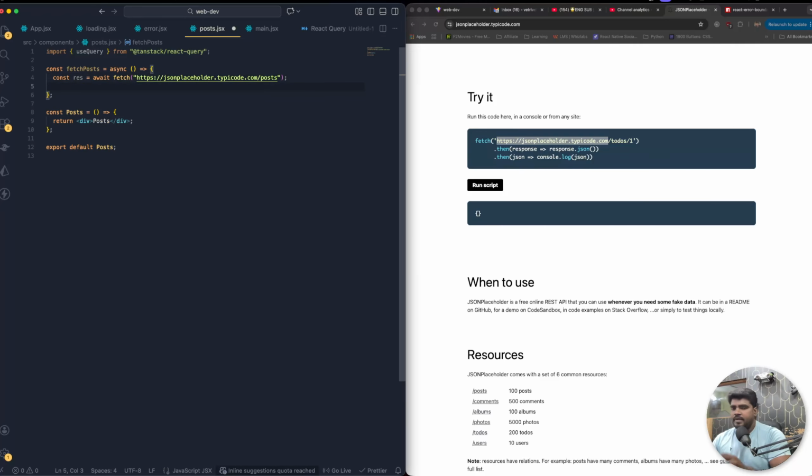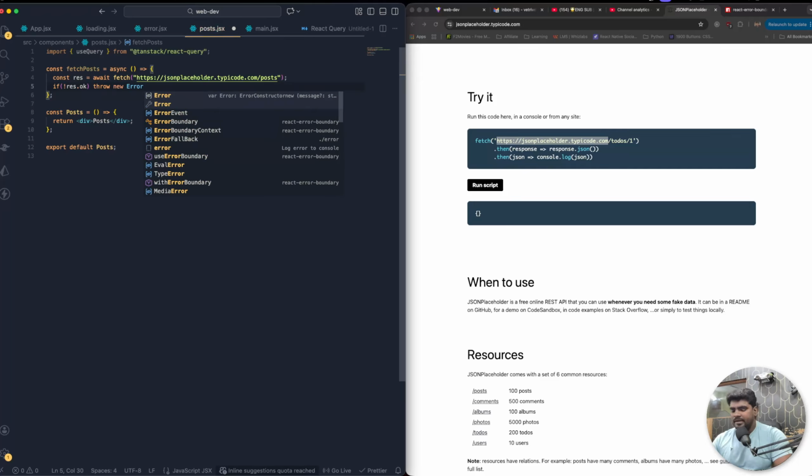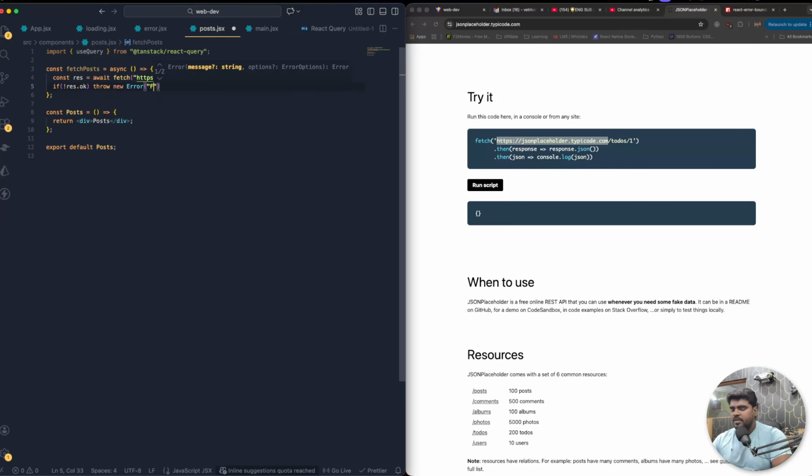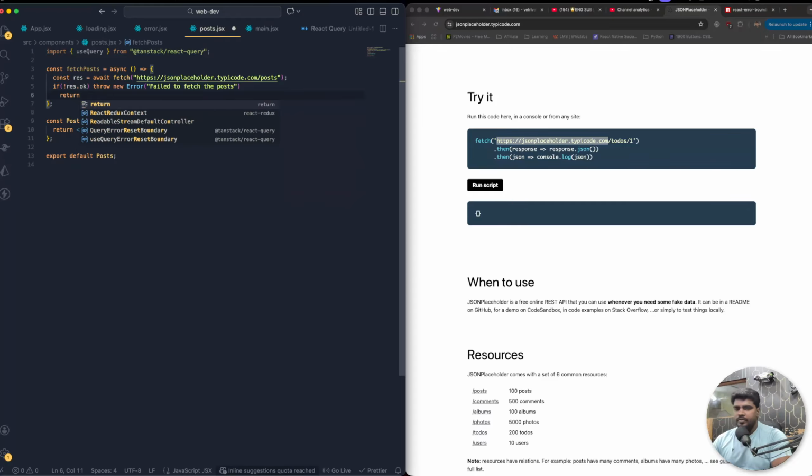Then right after here, if I don't have the response.ok, if that doesn't have, then I need to throw a new error. Throw new Error. What that error is going to be, 'Failed to fetch the post', something like this. If everything is okay, it's going to return this JSON data